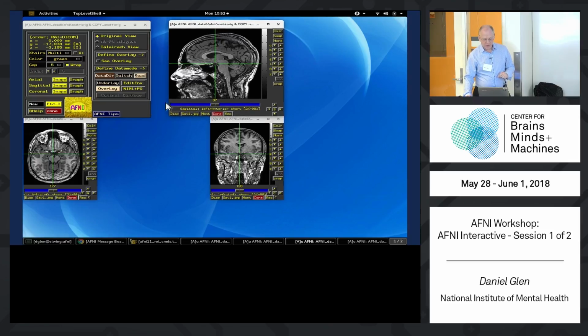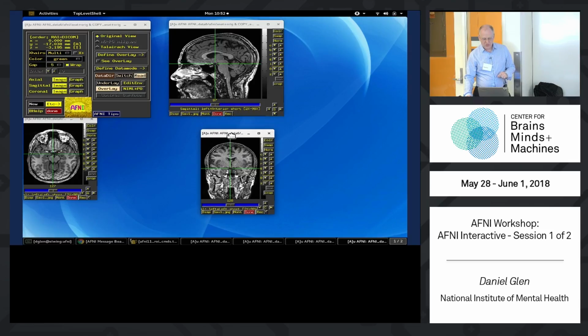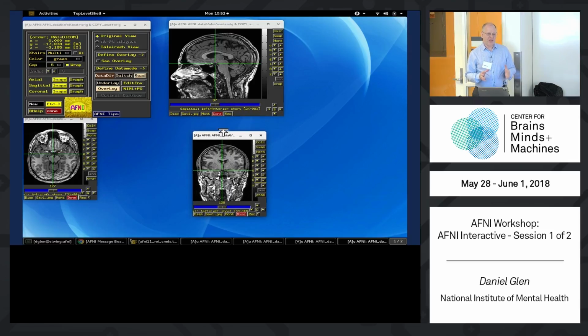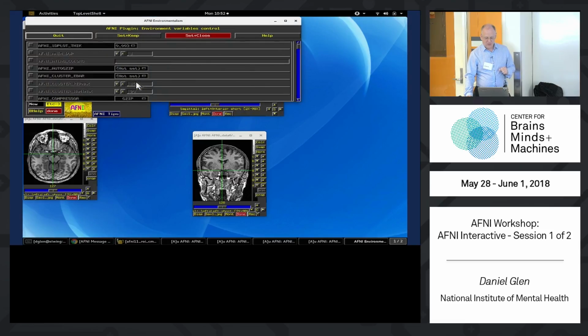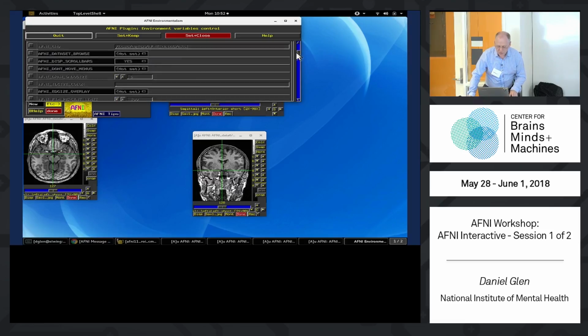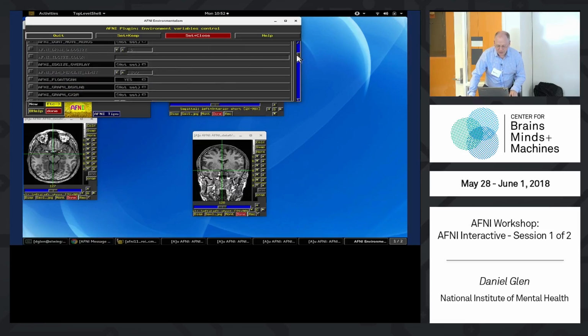There's a way for AFNI to enforce that aspect by setting an environment variable. And the way you set an environment variable is by going to edit environment, and we have a list of environment variables here, and here you can scroll down until you find,